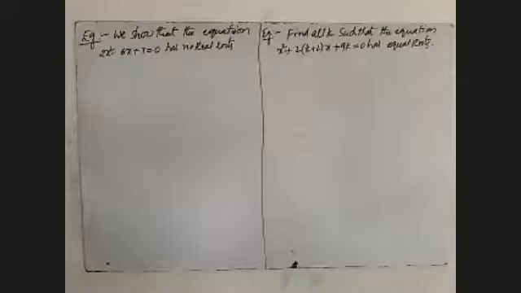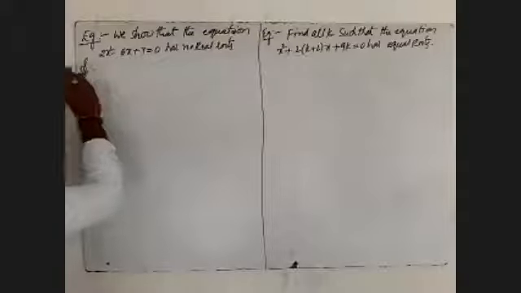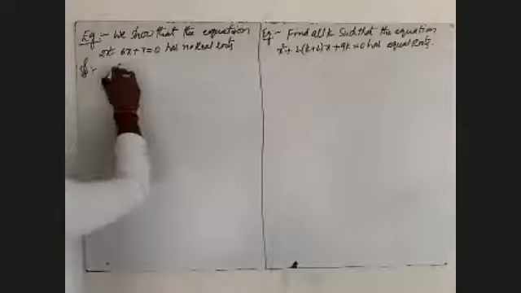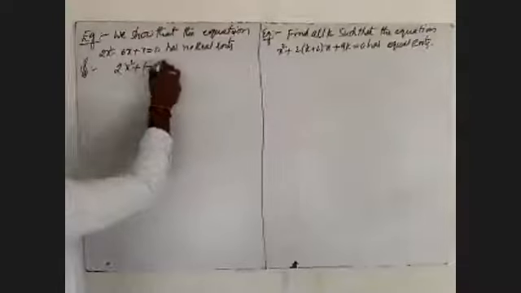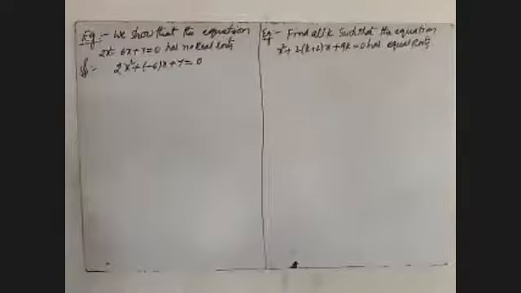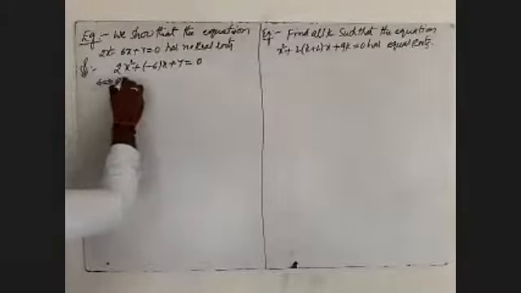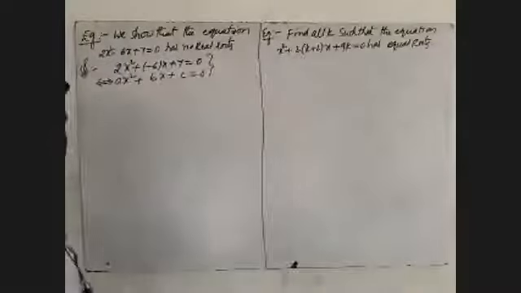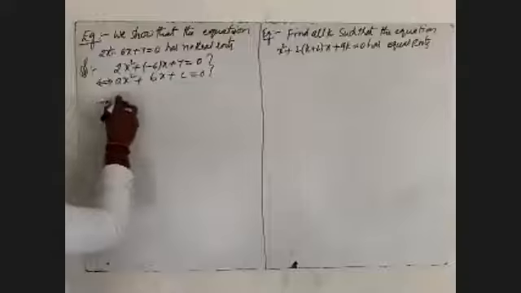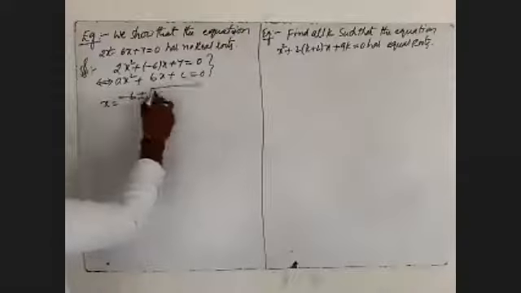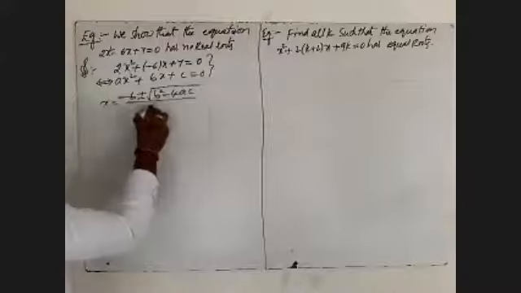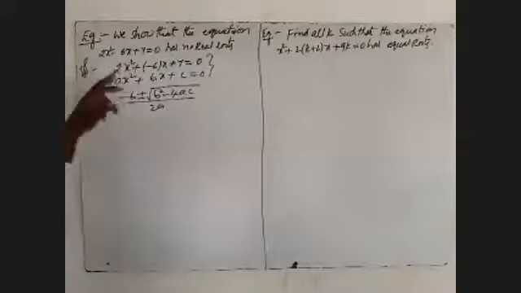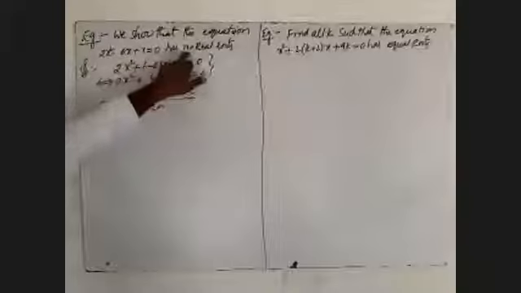We will observe this one. First we will take 2x square minus 6x plus 7 has no real roots. The given quadratic equation is 2x square plus of minus 6 into x plus 7 equal to 0. The given one can be compared with ax square plus bx plus c equal to 0. We know the values of a, b, c. The roots are given by the formula minus b plus or minus root of b square minus 4ac by 2a. We will prove that the given quadratic equation has no real roots.